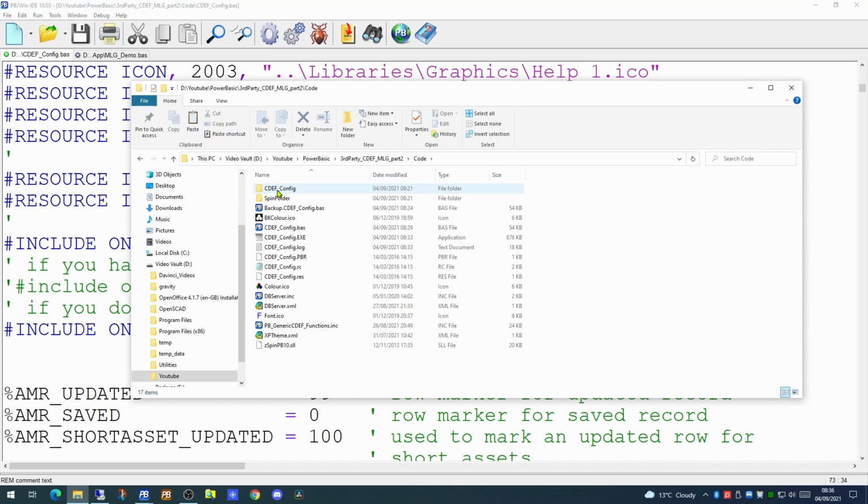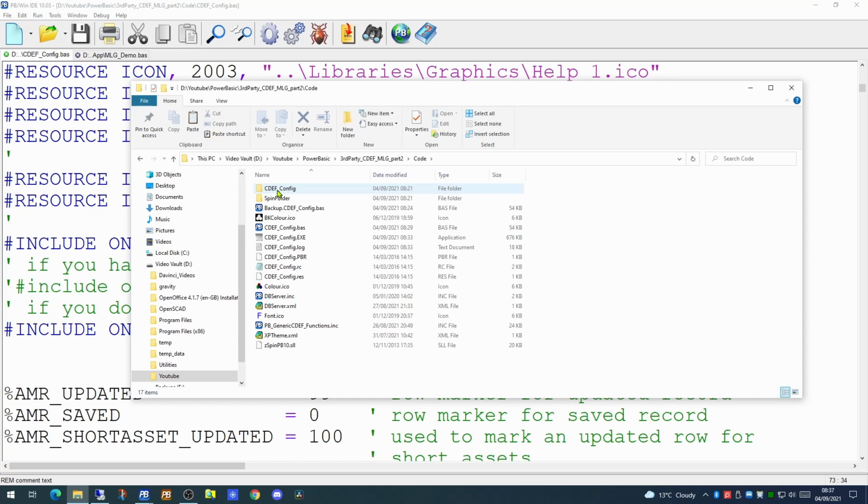So in order to allow you to be able to run the code in a standalone fashion, I have prepared a new library. At the end of the last video, we demonstrated the use of this library to allow you to configure your application without having to use either SQL Tools or SQL Server. Now this was an early beta of this library, and there were a few bugs in it. I've now done some more work on the library to work out the bugs, and that's what we're going to